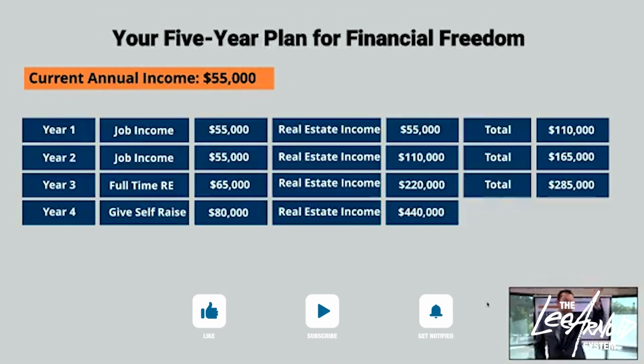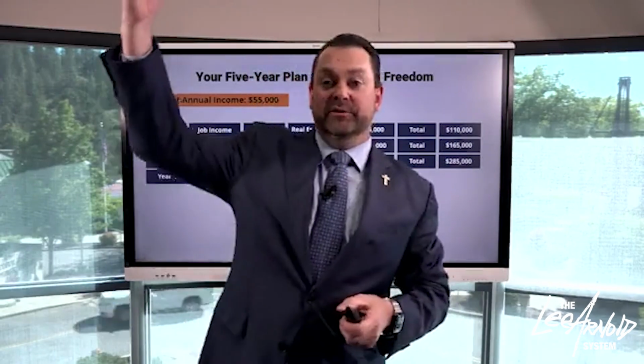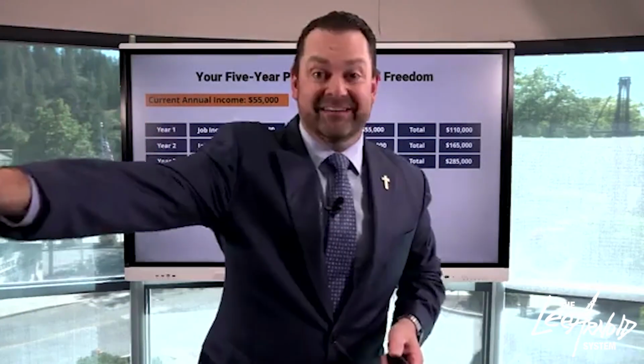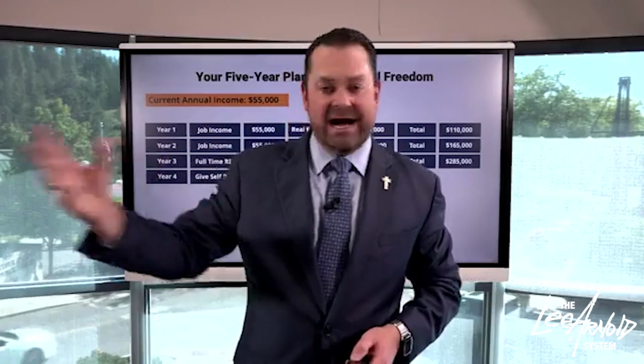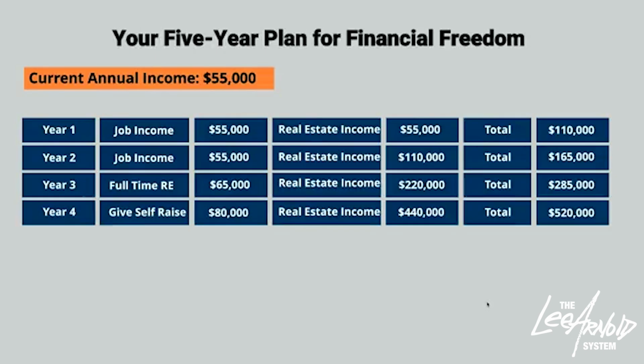Now notice, guys, we don't go nuts on our W-2 income. We don't dramatically change our lifestyle. We don't sell our house and buy a bigger one. We don't trade out of our car and buy a Bentley or a Porsche. We just continue to be conservative because we don't want to build wealth that we live on. We want to build principal that we can invest and live on the yield. Okay? That's what I'm trying to get you to, is living off of your yield, not off of your earned income through real estate investing. In year 4, we've produced $520,000.